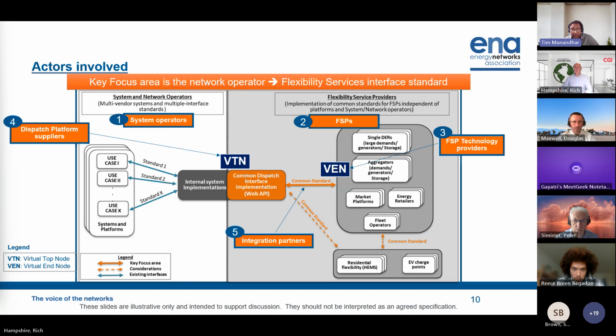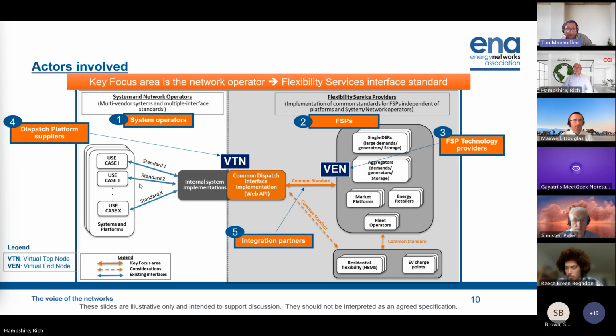We have our dispatch platform suppliers, as well as the technology providers who will participate in this process, plus the people we call integration partners, who need to integrate those boxes but also implement a lot of the security design that we would be putting in as part of this project. So I would just go to the next slide.